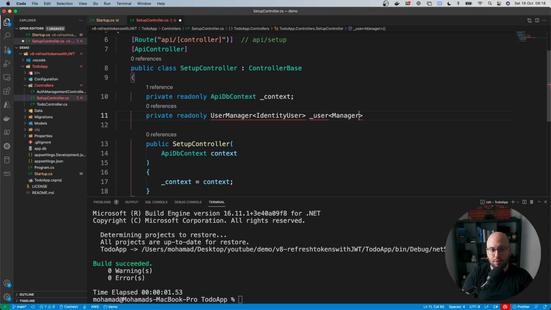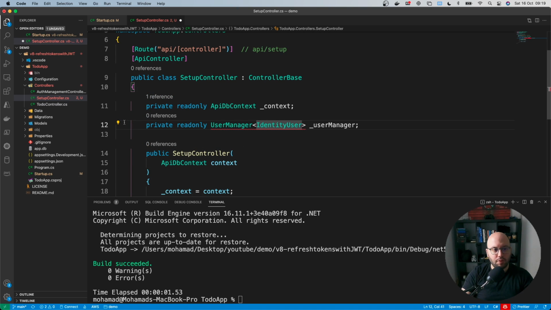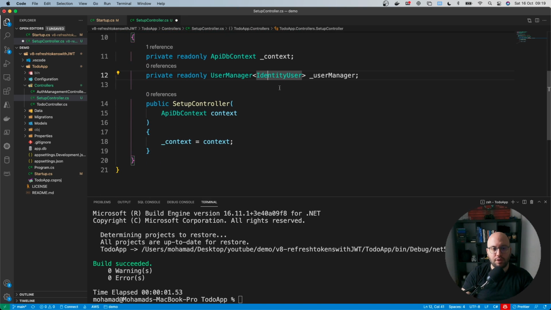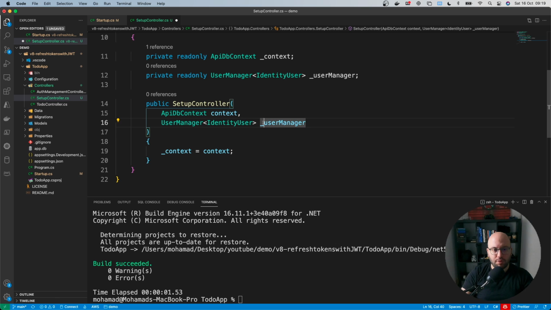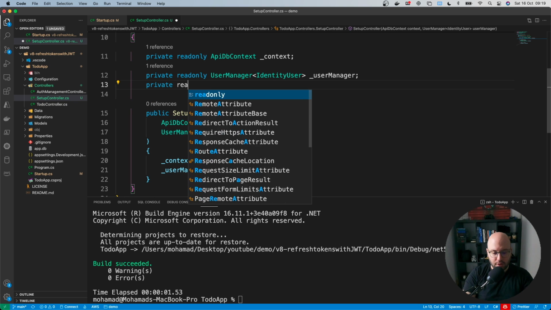Okay, great. Apologies. Okay, and let us fix those references. Now let's take this and we can initialize it, and it's gonna be without the underscore here, and then here we're gonna put underscore user manager equal user manager. Perfect. Then after that we're gonna be initializing the role manager, so it's private read only